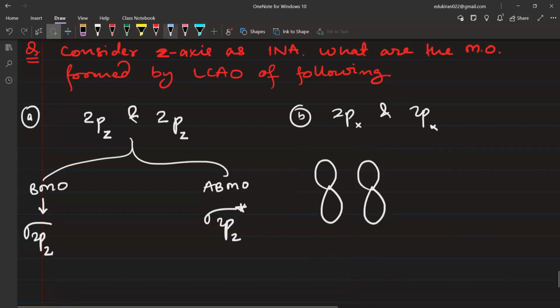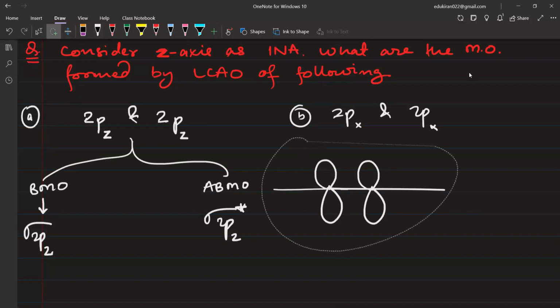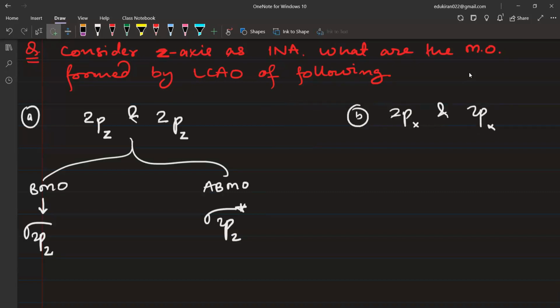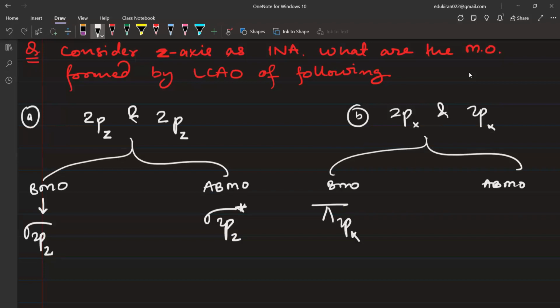एंड द इंटरन्यूक्लियर एक्सिस इज व्हाट, x y z, सारे के सारे एक दूसरे से 90 डिग्री होते हैं, ठीक है। नाउ द लोब जो है वो कहाँ है? अबव एंड बिलो कॉम्बिनेशन हो रहा है, सही है हाँ या ना? तो कौन सा बॉन्ड बनेगा? सिग्मा और पाई? Pi. पाई। एक तो बीएमओ बनेगा और दूसरा एबीएमओ बनेगा। यहाँ बनेगा पाई 2px और यहाँ बनेगा पाई स्टार 2px, ठीक है।